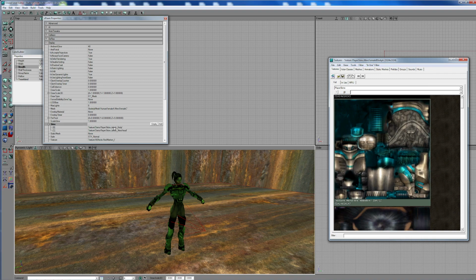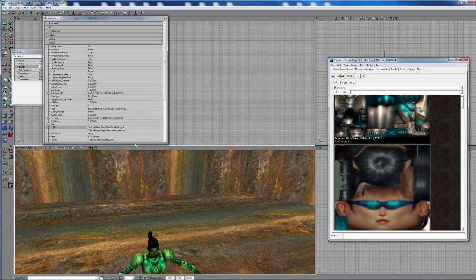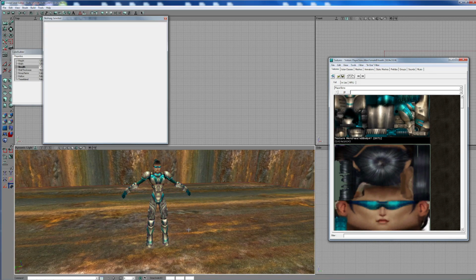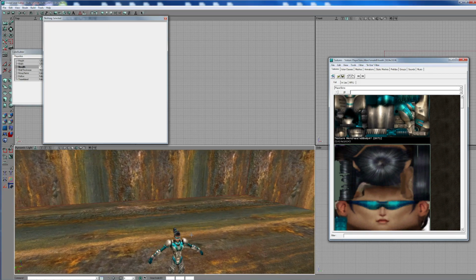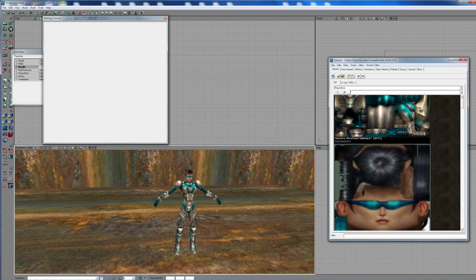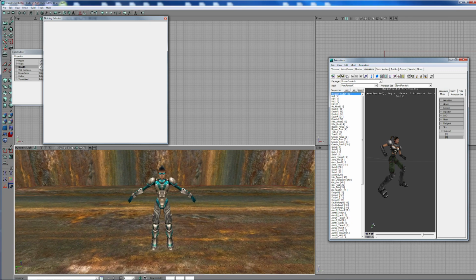So here in skins, body, use, go and find a head, use, there you go. Now she's nice and pretty. Okay, so that's not the pose we want. We actually want a different pose. So how do we actually see that? Well, over here, if I do